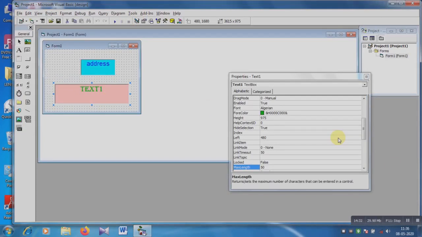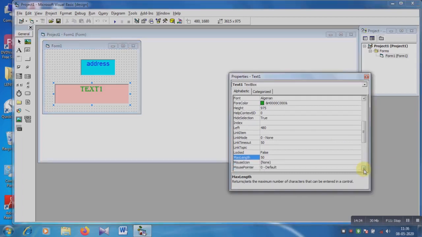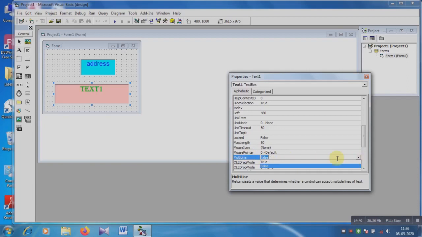This is the maximum length and multi-line option. Using the multi-line option, you can create a multiple line text box if you choose the true option, and the normal text box if you choose the false option. The false option is selected by default.